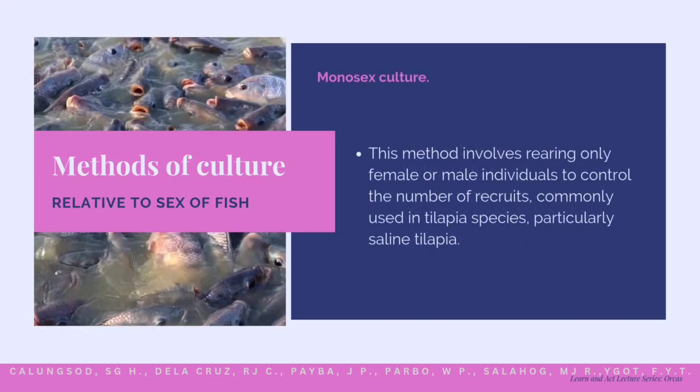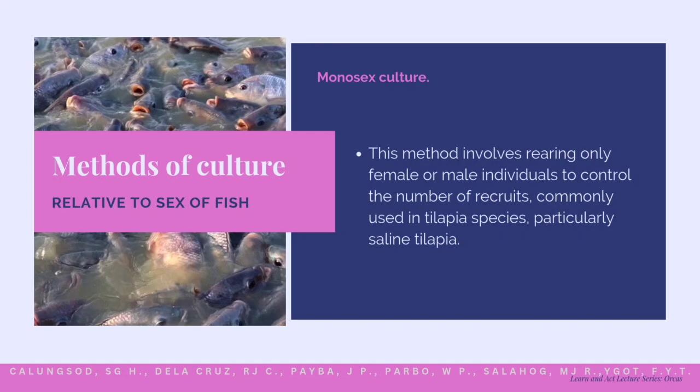What is monosex culture? This method involves rearing only female or male individuals to control the number of recruits, commonly used in tilapia species, particularly saline tilapia. This technique is commonly used to improve growth rates, prevent unwanted reproduction, and reduce competition. In many species, males or females grow faster or reach a more desirable size, making monosex culture beneficial for commercial farming. Methods to achieve a monosex population include the